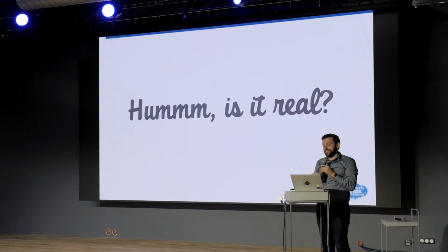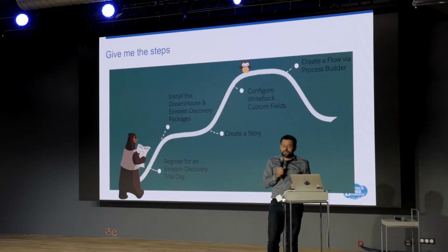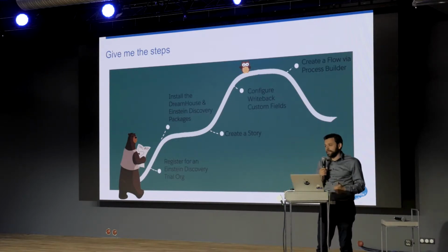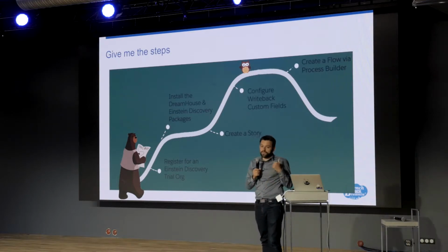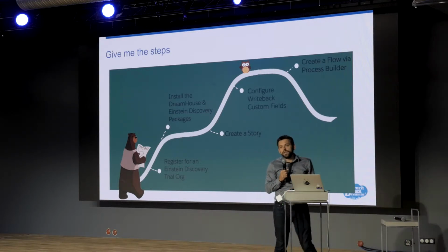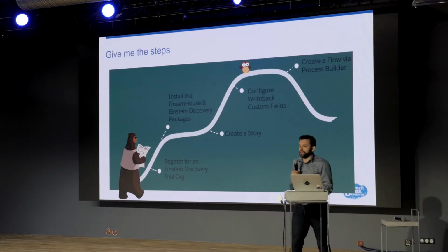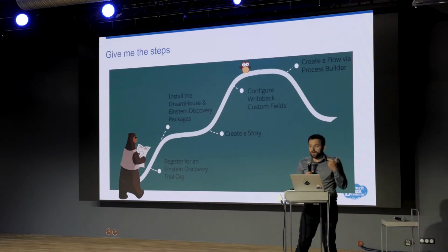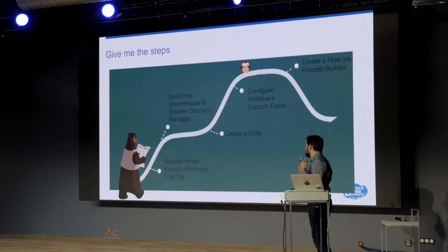So, how do you do that? How do you do these demonstrations? You can do the same. The first thing you will have to do is go to Trailhead. We have an Einstein Discovery Trailhead, where you can create a dev org. Inside this dev org, you are going to have the full dev org capabilities, plus analytics, plus Einstein Discovery. It's going to be enabled, and you will be able to use it and test it.